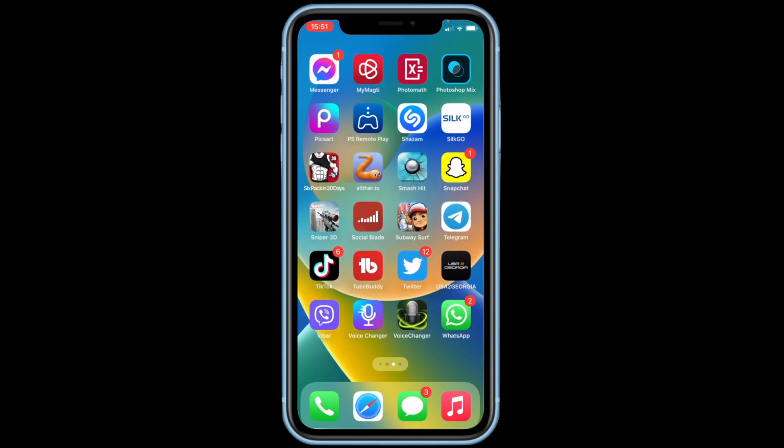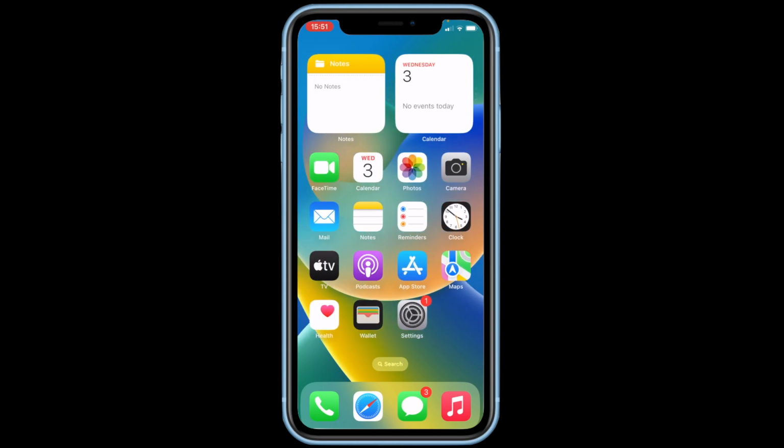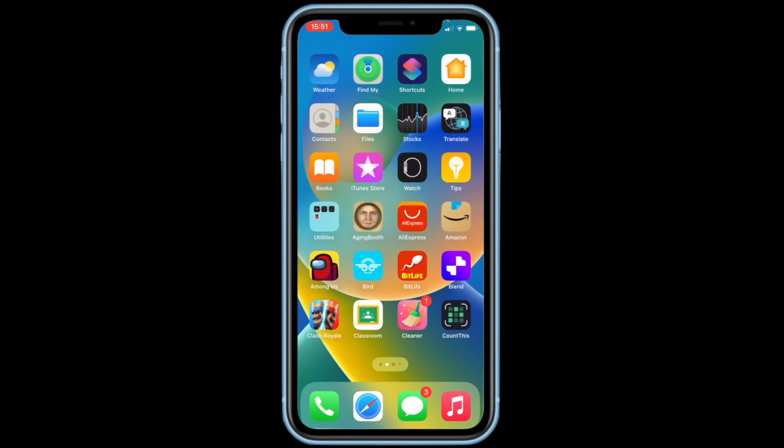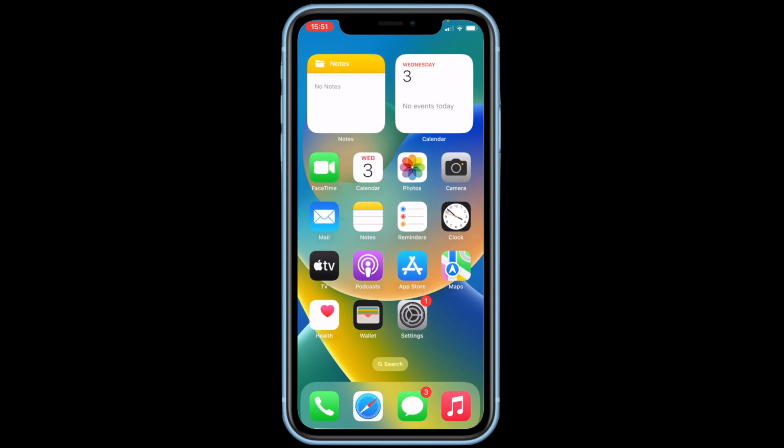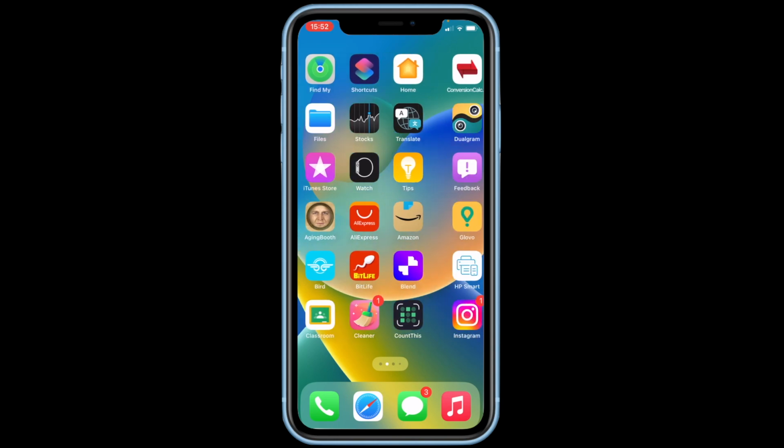So yeah, that's it, guys. That's how you reset your iPhone home screen layout to the factory defaults. Again, I must say that this does not delete anything on your iPhone. It just resets the home screen layout. The arrangement of apps becomes as it was when you first bought this iPhone, or as the newest version of the iOS comes, that home screen layout is in your iPhone currently. So it does not delete anything, it does not erase any content and settings. It has nothing to do with deleting, erasing, or like getting rid of some data. It just